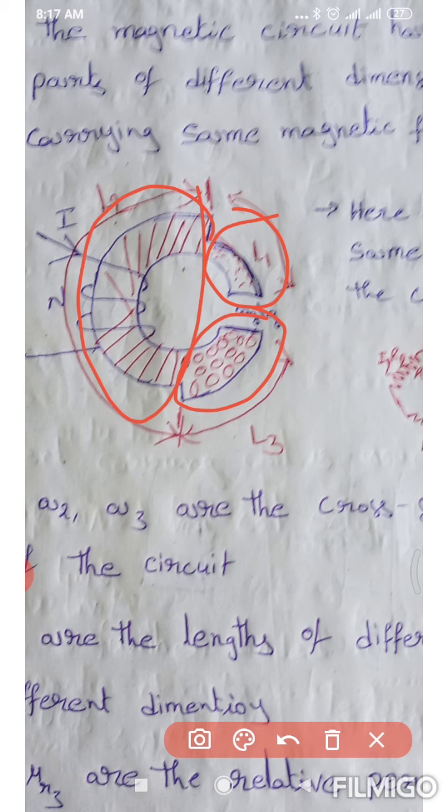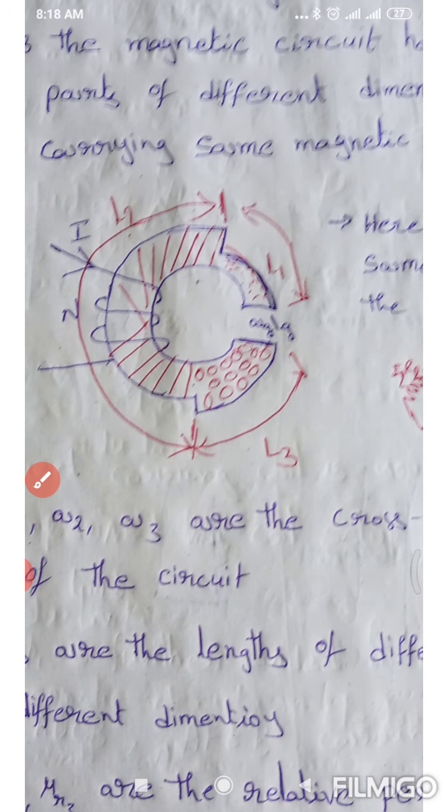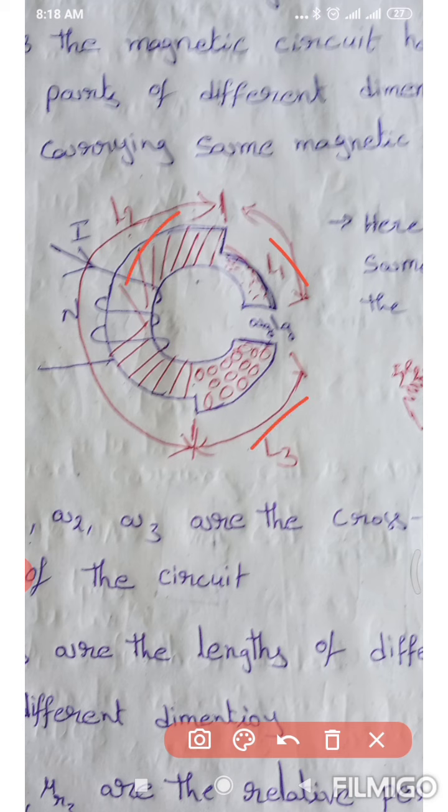That means L1, L2, L3 are the lengths of the three different materials, and they are all connected one by one. L2 is excited by some supply of current I, and it has N number of turns. See here, L1 is the length of the conductor, and L2, L3 are also the lengths of the other two parts. And let us consider